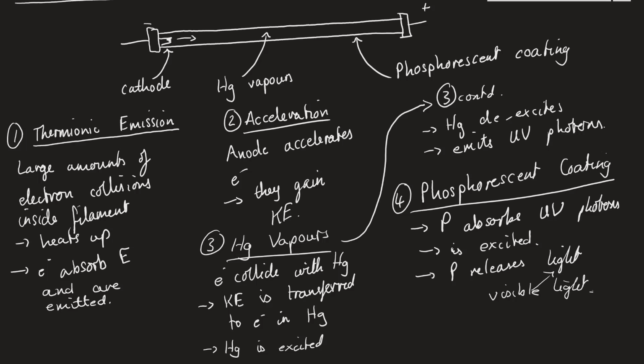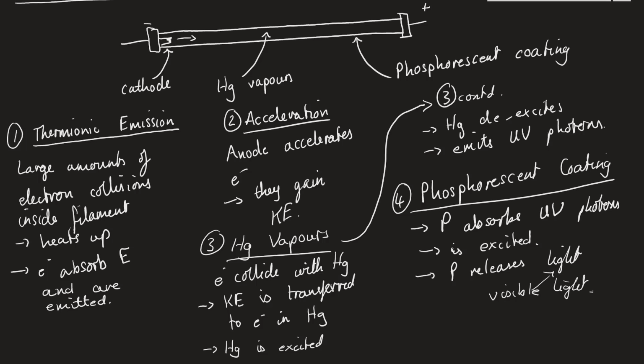Okay, so fluorescent tubes, as a recap, we first initially have thermionic emission, electrons emitted from the cathode. The electrons are then accelerated across this gap, which is mostly a vacuum but has some mercury vapors in it. They gain kinetic energy from this acceleration. Then they're going to collide with the mercury vapor. They cause some of them to be ionized, in which case the electrons will just continue to flow around the circuit. They cause some of them to be excited,